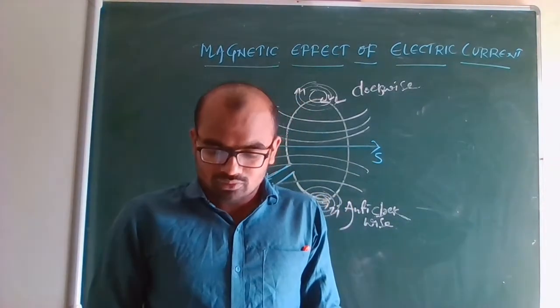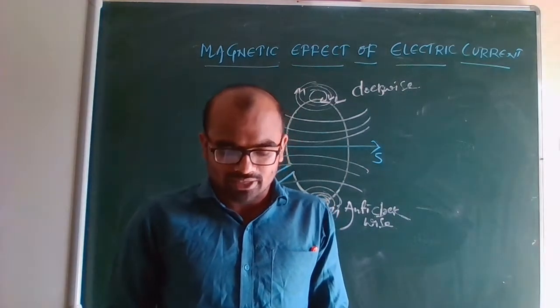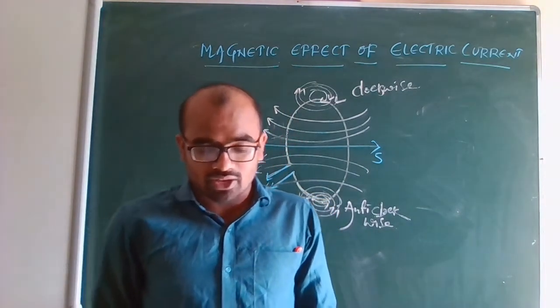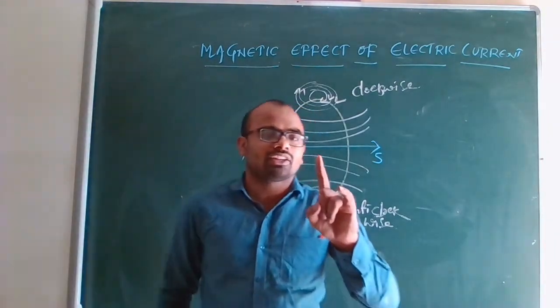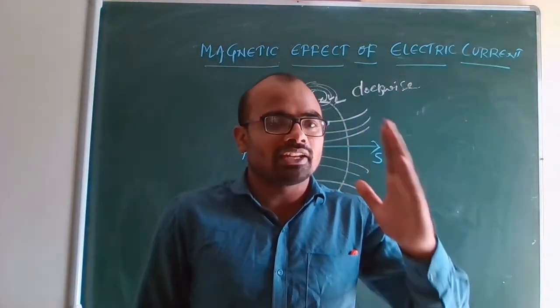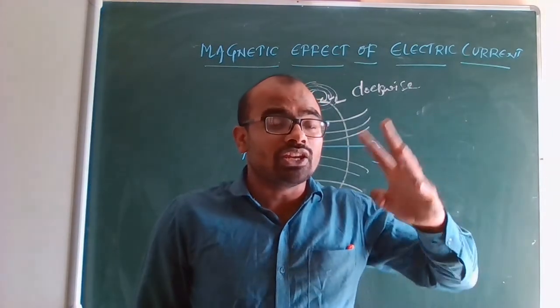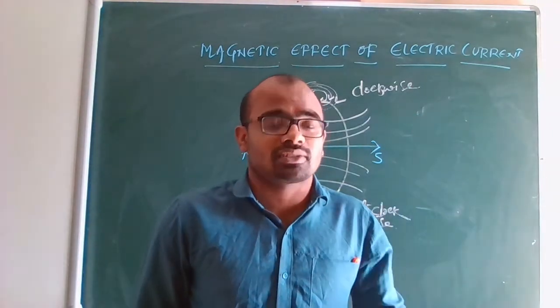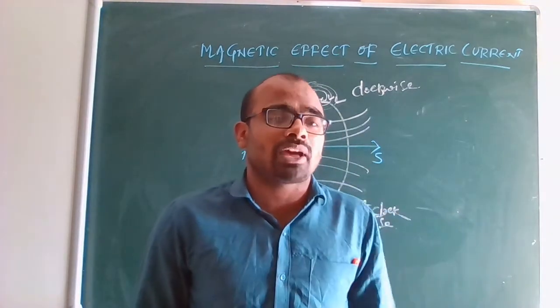Okay, and as current is passed through it, how would the magnetic field lines look like? We know that magnetic field produced by a current carrying straight wire depends inversely on the distance from it. See, straight current carrying conductor, we have seen the magnetic field is inversely proportional to the distance, directly proportional to the amount of electric current passing.